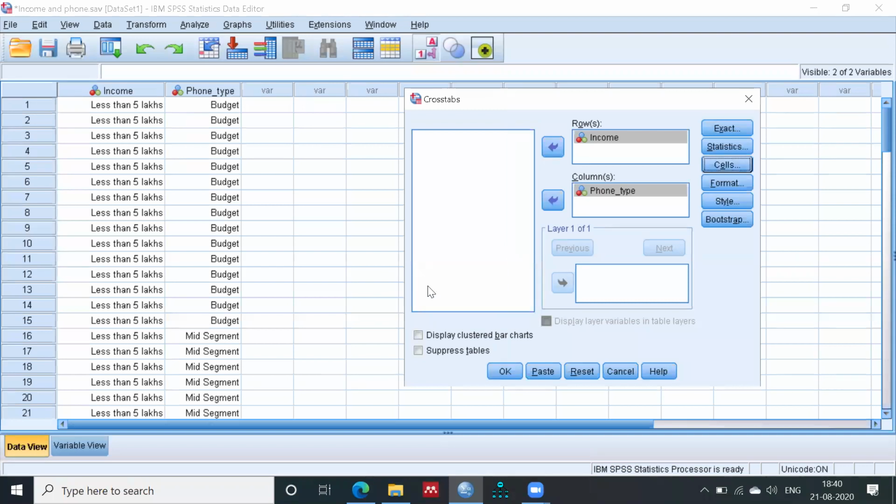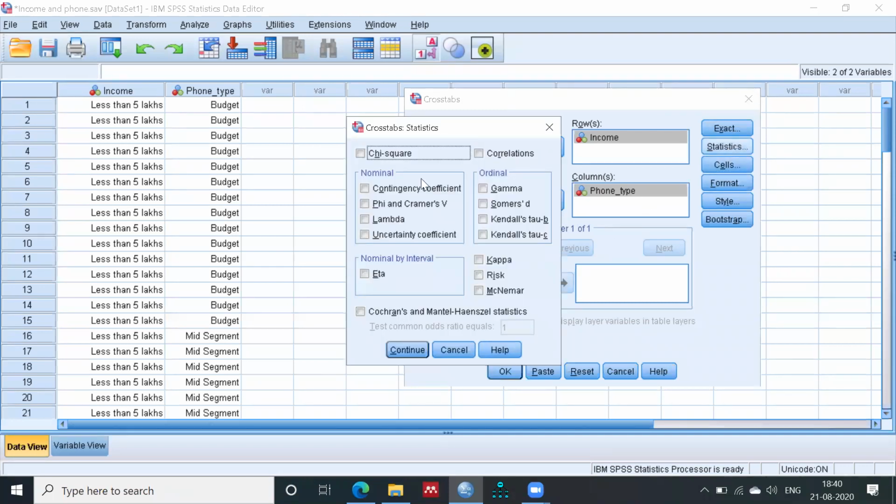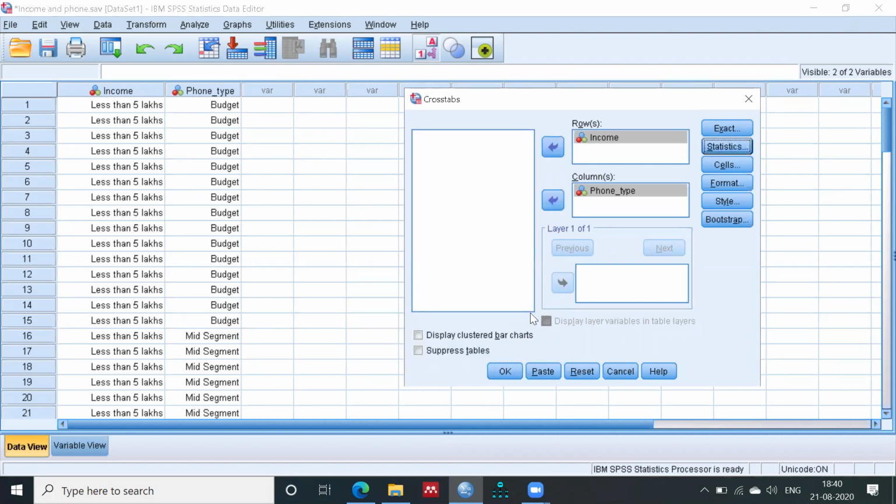Continue. Now go to Statistics. In Statistics, it is asking which kind of statistics you want in the result. First is chi-square, because I want chi-square here, along with phi and Cramer's V. So check both the chi-square and Cramer's V options. Continue.